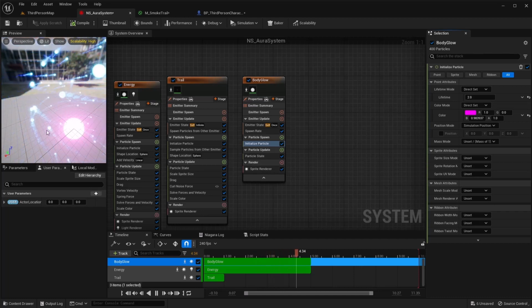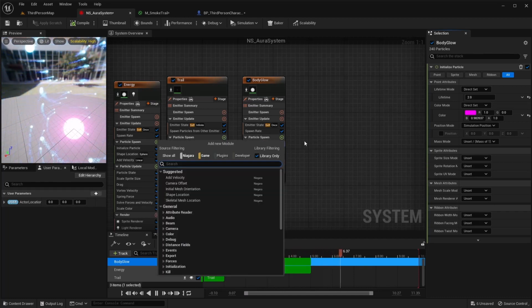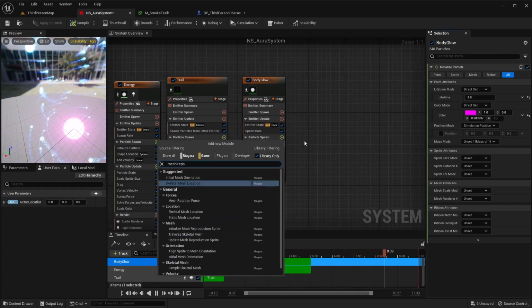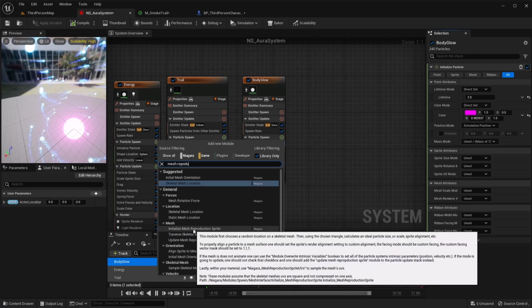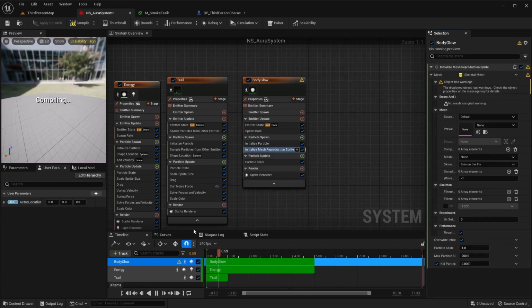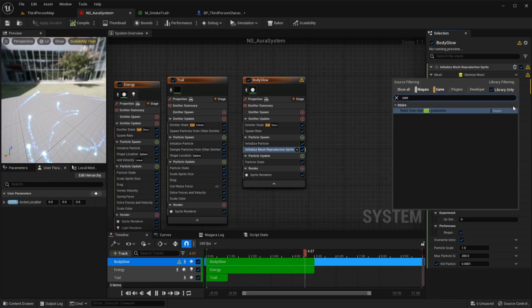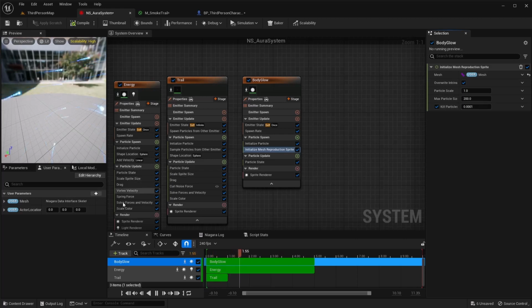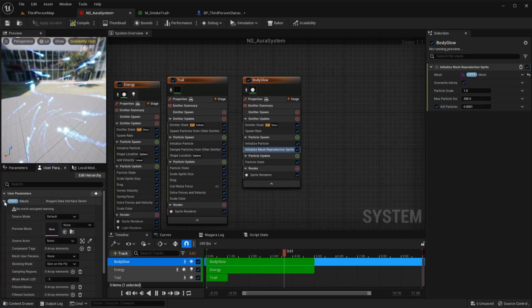The next thing we want to do in particle spawn is we're going to add initialize mesh reproduction sprite. What we want to do here is set the scalable mesh that we want to apply to this, and we can read this from a user parameter.